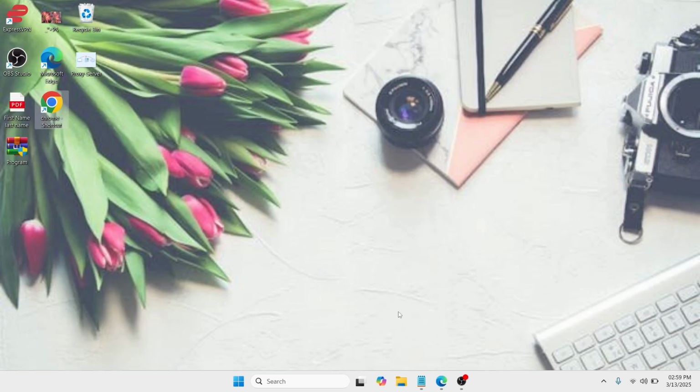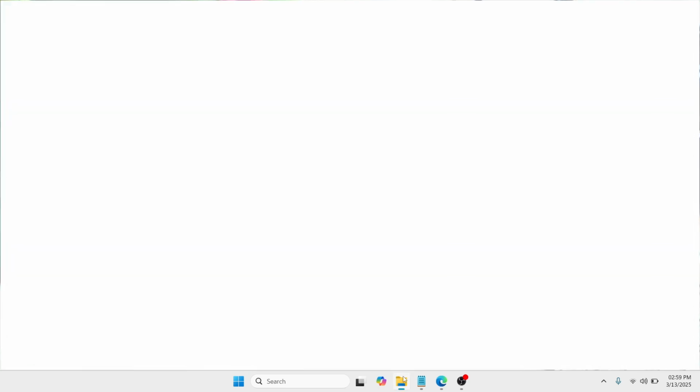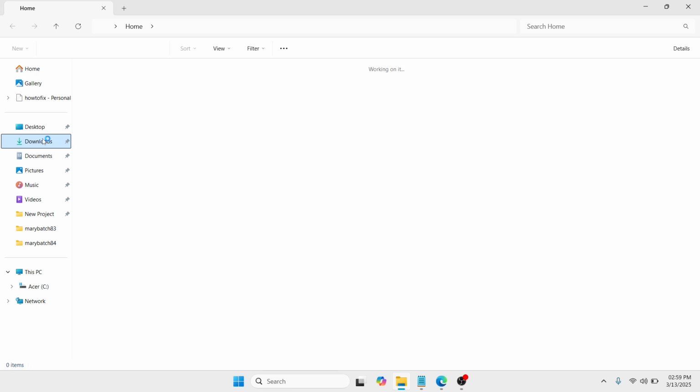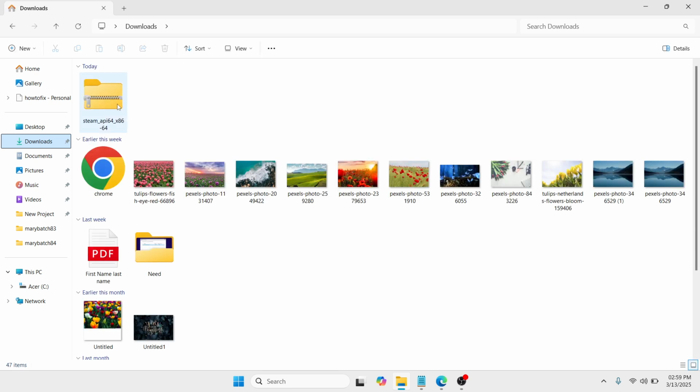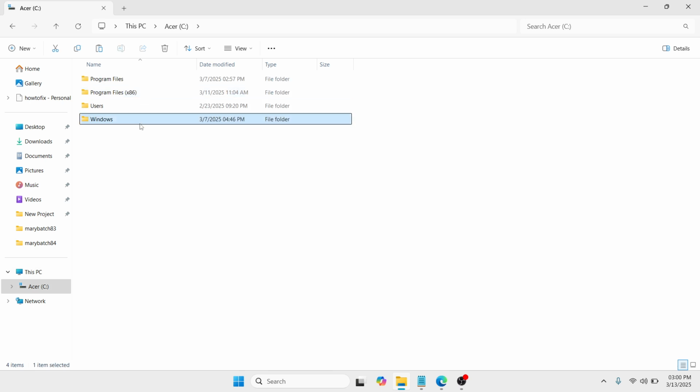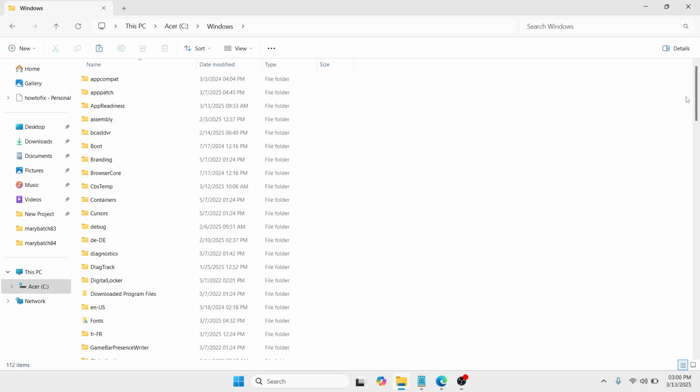Then here, you need to open your File Explorer. Now proceed to Downloads where the downloaded file is located. I can see it here. Just select it and click this copy icon, and then proceed to This PC. Once you are in This PC, you can see the devices and drives that you have. Select your C drive, click on Windows, double tap it, and then scroll down